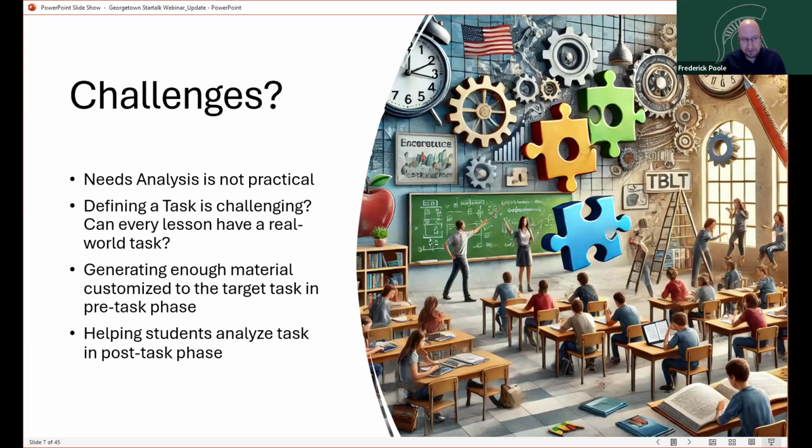The next challenge that we have is in defining a task. There's been a number of papers or studies out there that have shown that teachers tend to struggle with differentiating between a communicative activity versus a task. And even when they do define a task, the next challenge is coming up with a task that is relevant for each unit and lesson. One of the questions I always get is, do I really need a task for every unit? And if there's some units that just don't have a task,